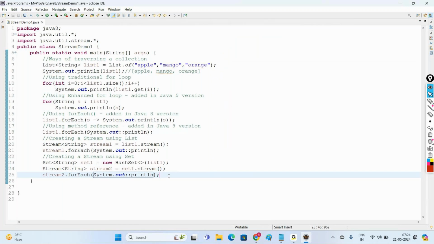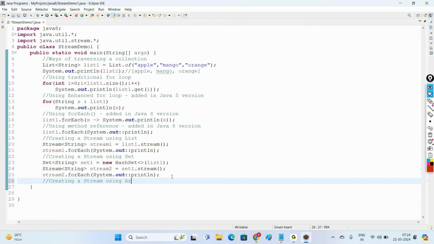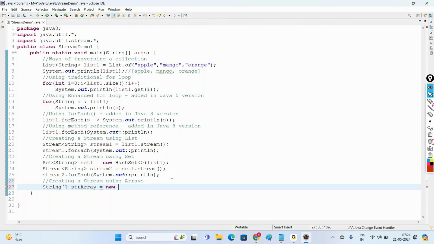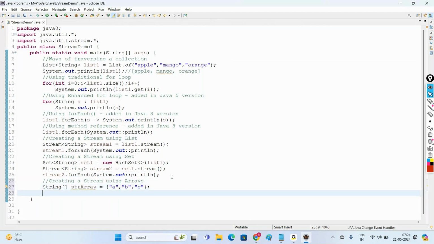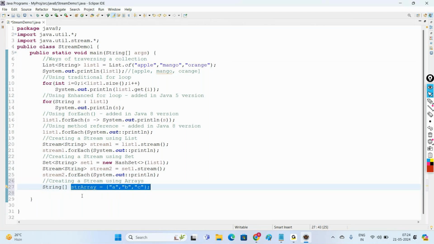Next one, creating a stream using arrays. Let us take an array. We are creating an array with some values. We are having an array. I want to convert this array into stream. Then you can say